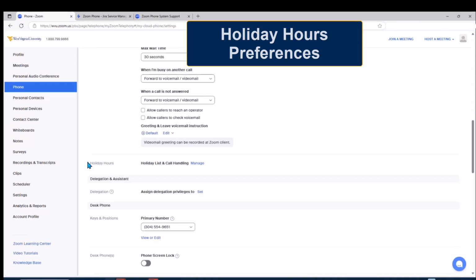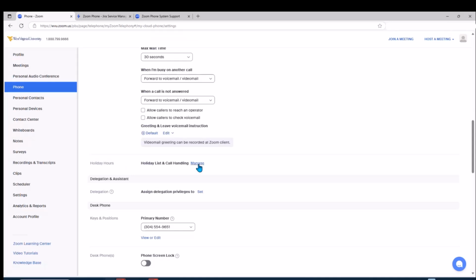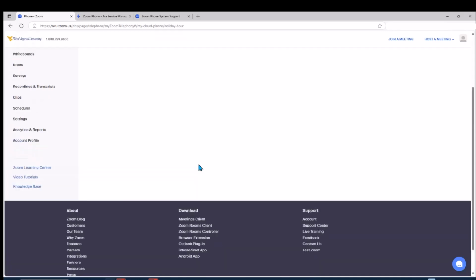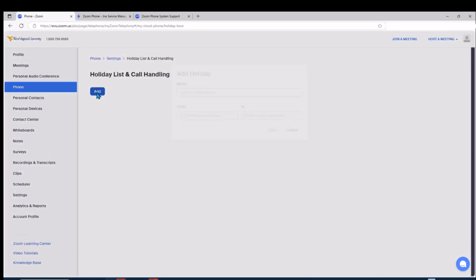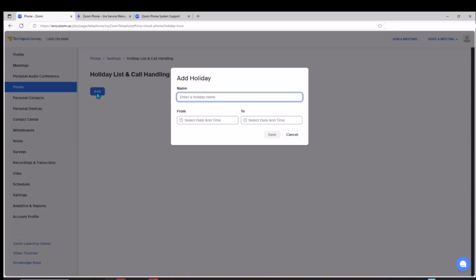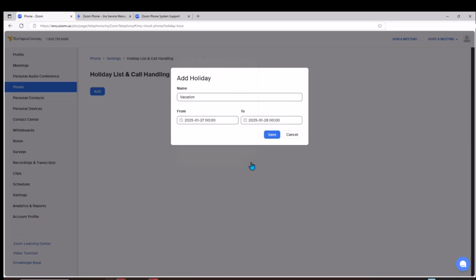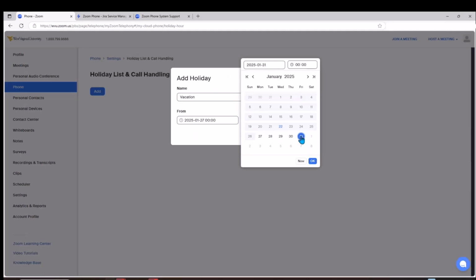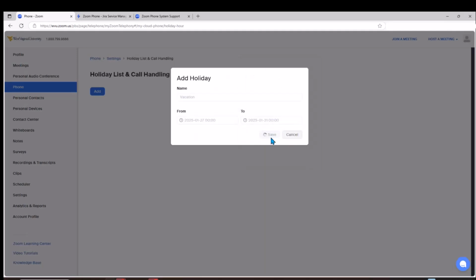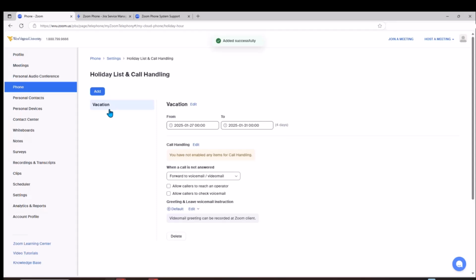At the bottom, you do also have the ability to create holiday hours. Maybe if you're going to be on vacation or out away from the office for a while, if you click Manage here, you do need to scroll up here and click Add, and then you could create a new set of rules specifically for this time period. So maybe I'm going to be on vacation, and I can select the dates when that would occur. Maybe I'm going to be out of the office for the next week, and I can save that time period